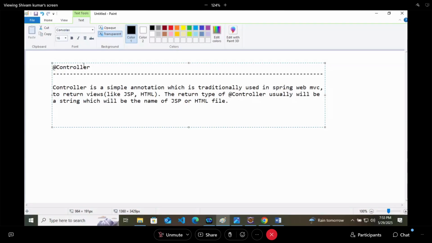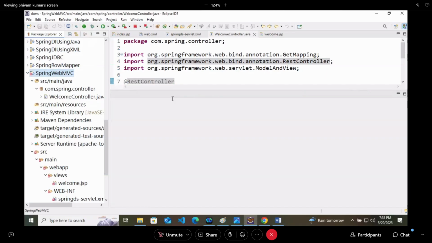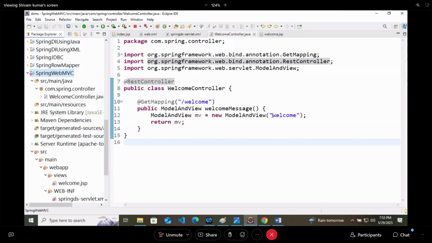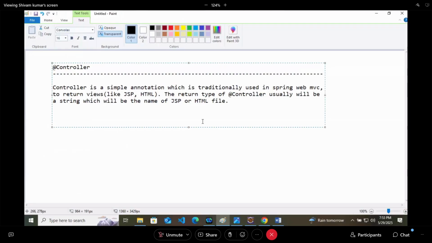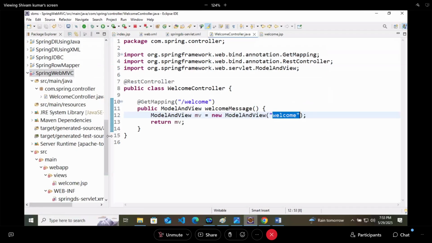So here we are seeing that this is our @Controller. If you check here, we are just returning one string kind of thing. The ModelAndView has one string inside it, and that we are returning. So usually we will return one string only. So here this is your controller. If you want to write an example, the same example I will keep here without any change.